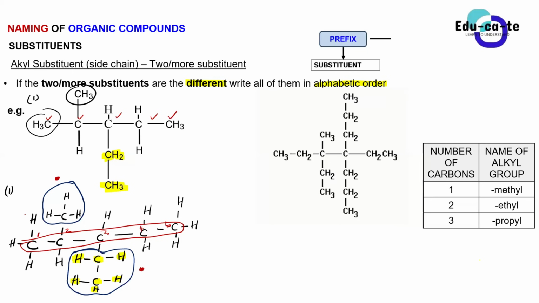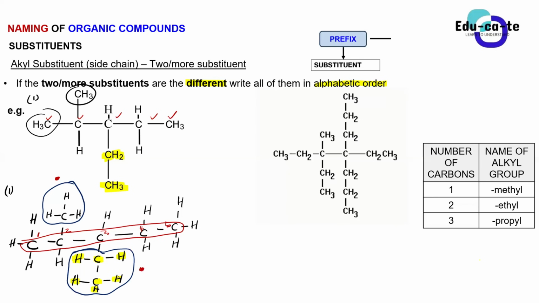So if you count from right to left, you will definitely notice that your ethyl will be on carbon 3 and your methyl will be on carbon 4. So that's like big numbers. But if you were to count from left to right, your methyl is now on carbon 2. That's way smaller than the previous one. Then the ethyl, this one, is now found on carbon 3. So you can see that on carbon 3 we're having an ethyl group.